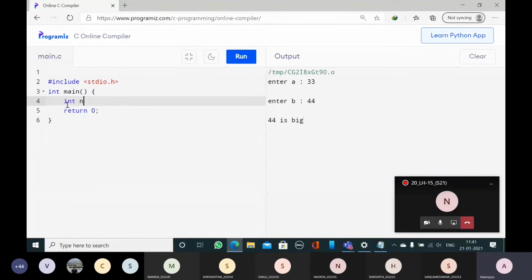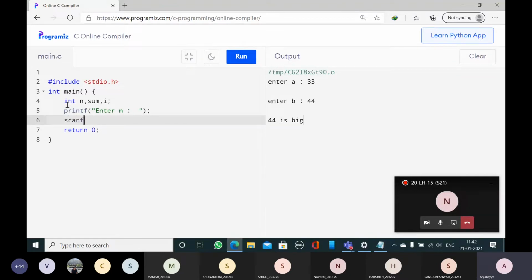Now the sum of n natural numbers. What do we require first? We require the n value, how many values we need to add. Now we are doing the sum. We need one variable, i, because i will change from 1, 2, 3, 4, 5, 6 like that. Now I will enter the value of n.